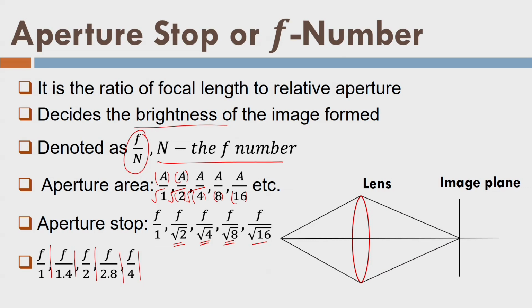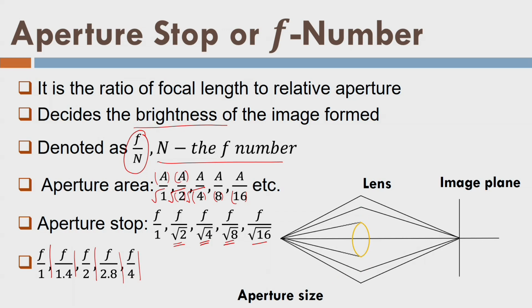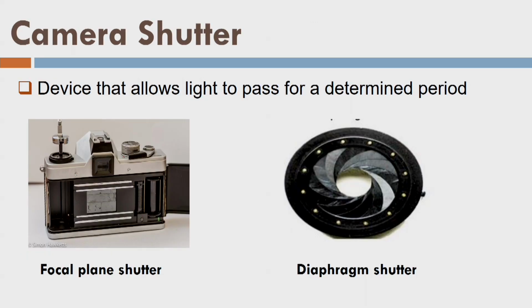So let us see here, this is my lens. Rays are going like this, focusing here, right? So aperture size is highest. Now I am reducing the aperture size here, and then here again I am reducing the aperture size. So basically this arrangement is going on like this, and generally we have in this ratio only f 1.4, f 2, f 2.8, and so on. They are fixed discrete values available with the cameras. So here I am showing all this together.